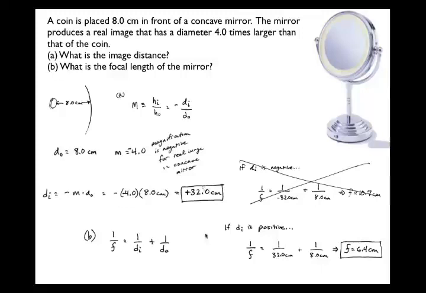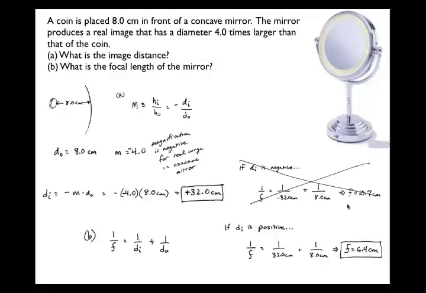So when I did B, I actually showed what would you get with the wrong answer and what would you get with the right answer. We'll talk about those momentarily. What's the focal length of the mirror? For that, I'm going to use the mirror equation, which relates the focal length, the image distance, and the object distance. Well, let's say I'd done A wrong and I had a negative image distance, then 1 over the focal length would equal 1 over negative 32 centimeters plus 1 over 8 centimeters. If I solve that all out, I get a positive number, 10.7 centimeters,